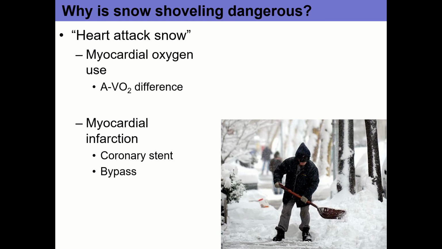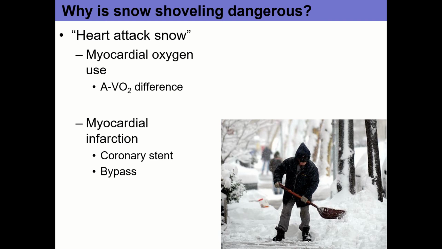In addition to that, we can also dilate or open up the blood vessels to those working muscles so that we can increase overall blood flow or blood volume and expand the AVO2 difference. So the combination of the two, increasing blood flow to those muscles, plus the muscles themselves being able to extract more oxygen, leads to them being able to produce more energy, more ATP, aerobically. But in the heart, the myocardium,